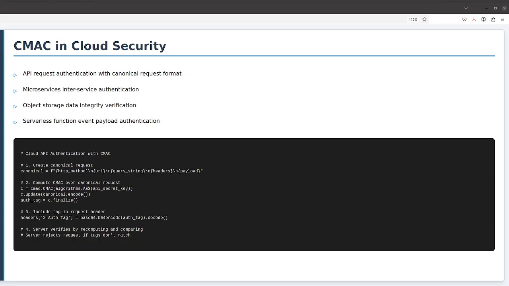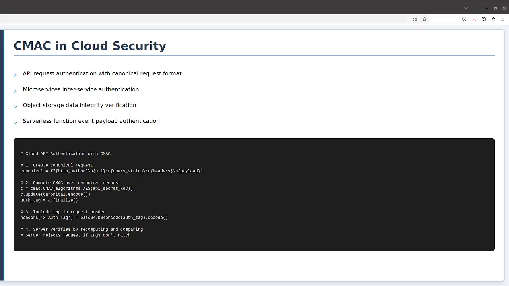When making a request, the client creates a canonical representation of the request, including the HTTP method, URL, headers, and body, then computes a CMAC over this representation. The CMAC tag is included in a header. The server reconstructs the same canonical representation and verifies the tag. This prevents tampering with the request in transit. AWS uses a similar approach with HMAC in its Signature Version 4, and CMAC could serve the same purpose with